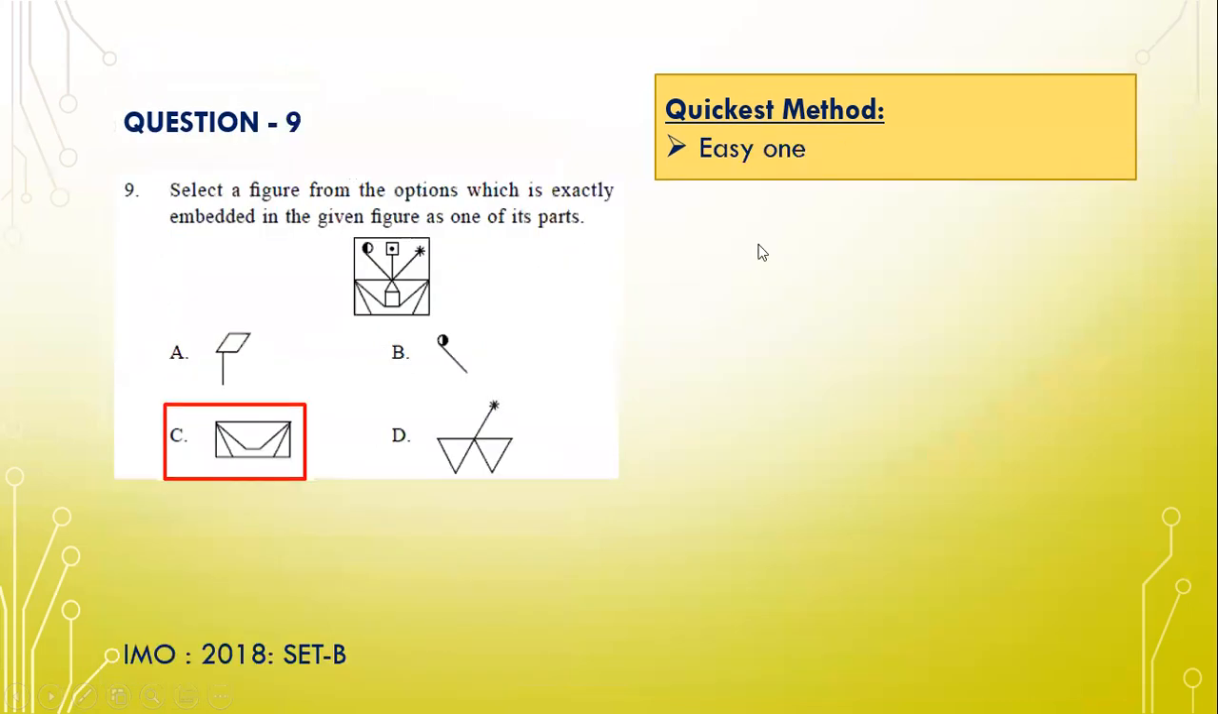Next one, question 9. Select a figure from the options which is exactly embedded in the given figure as one of its parts. Easy question. You don't need to look anything else. This is a very easy question. You can embed this here, isn't it? There is a triangle, rectangle here, and there is a crown shaped figure. So crown shaped figure here. Very easy question. So solve such questions first in the exam paper, and you can come back to the harder